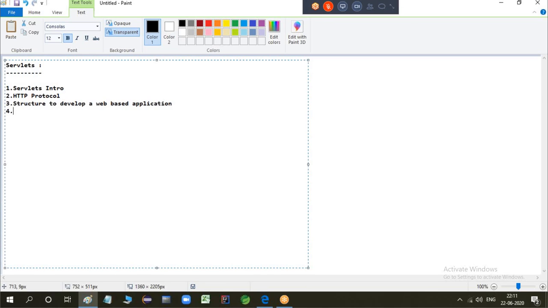Fourth one, interfaces, like what are the packages we will be seeing when we are working with servlets, and what are the interfaces and classes which are used. All right, and one more thing,